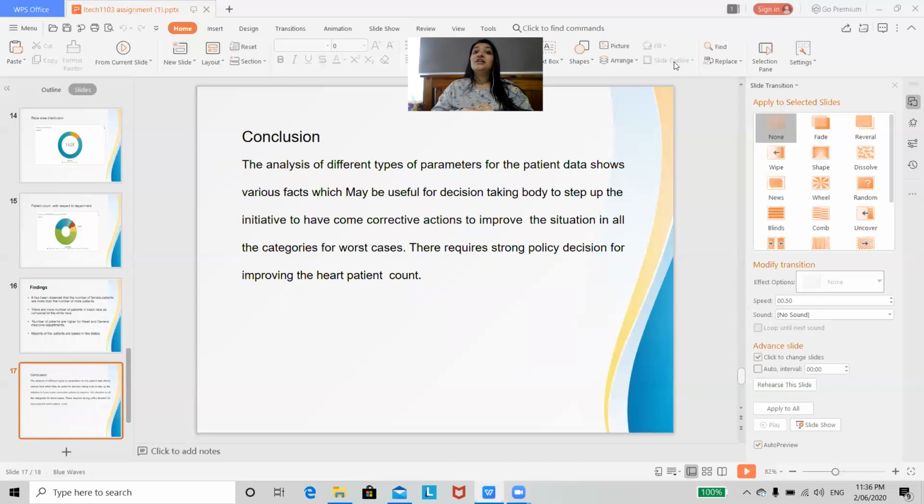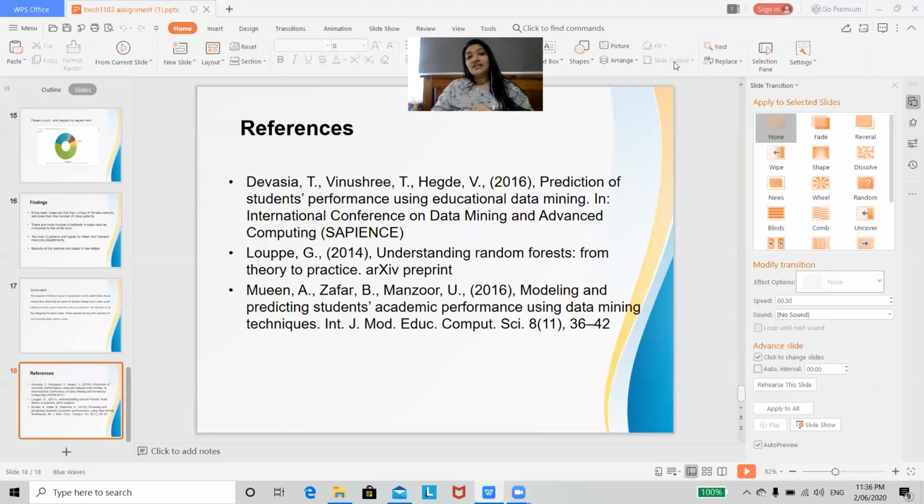You can see the analysis of different types of parameters for the patient data shows various facts which may be useful for a decision-taking body to step up the initiative to take corrective actions to improve the situation in all categories. For the worst cases, strong policy decisions are required for improving the heart patient count, and we can take the references from